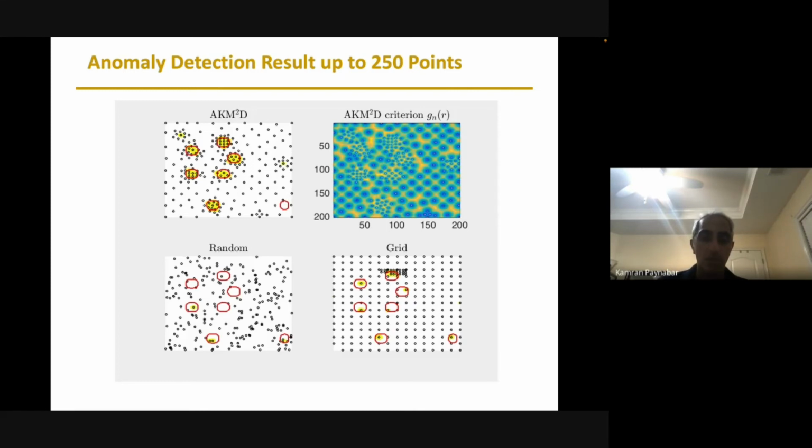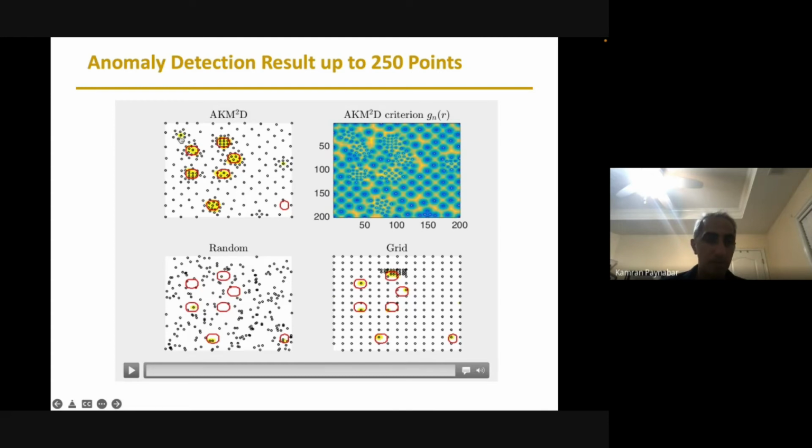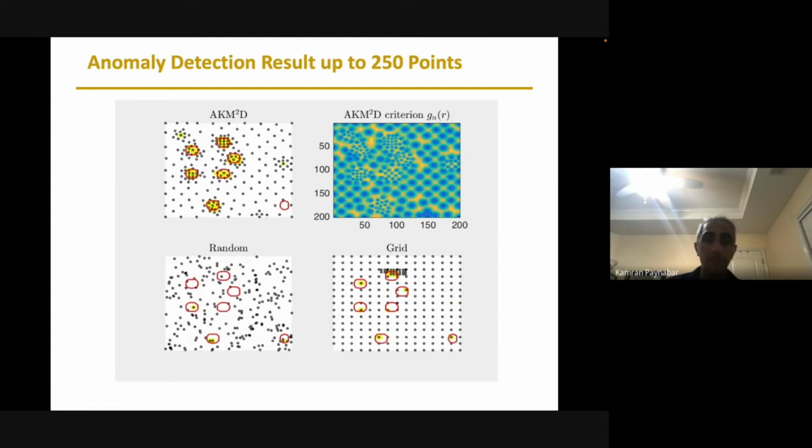Location. But if we increase the number of data, as I said, there is a guarantee. With 350, for example, based on the theorem that we have, it can detect all the defects that we have. Anyways, one observation is very interesting. You see that there is some false alarm in our algorithm. We are doing more sampling in an area where there is no defect. However, this algorithm is just sampling. The second step is finding, based on the samples that you have, trying to identify the background as well as the anomalous shape, the shape of anomalies.